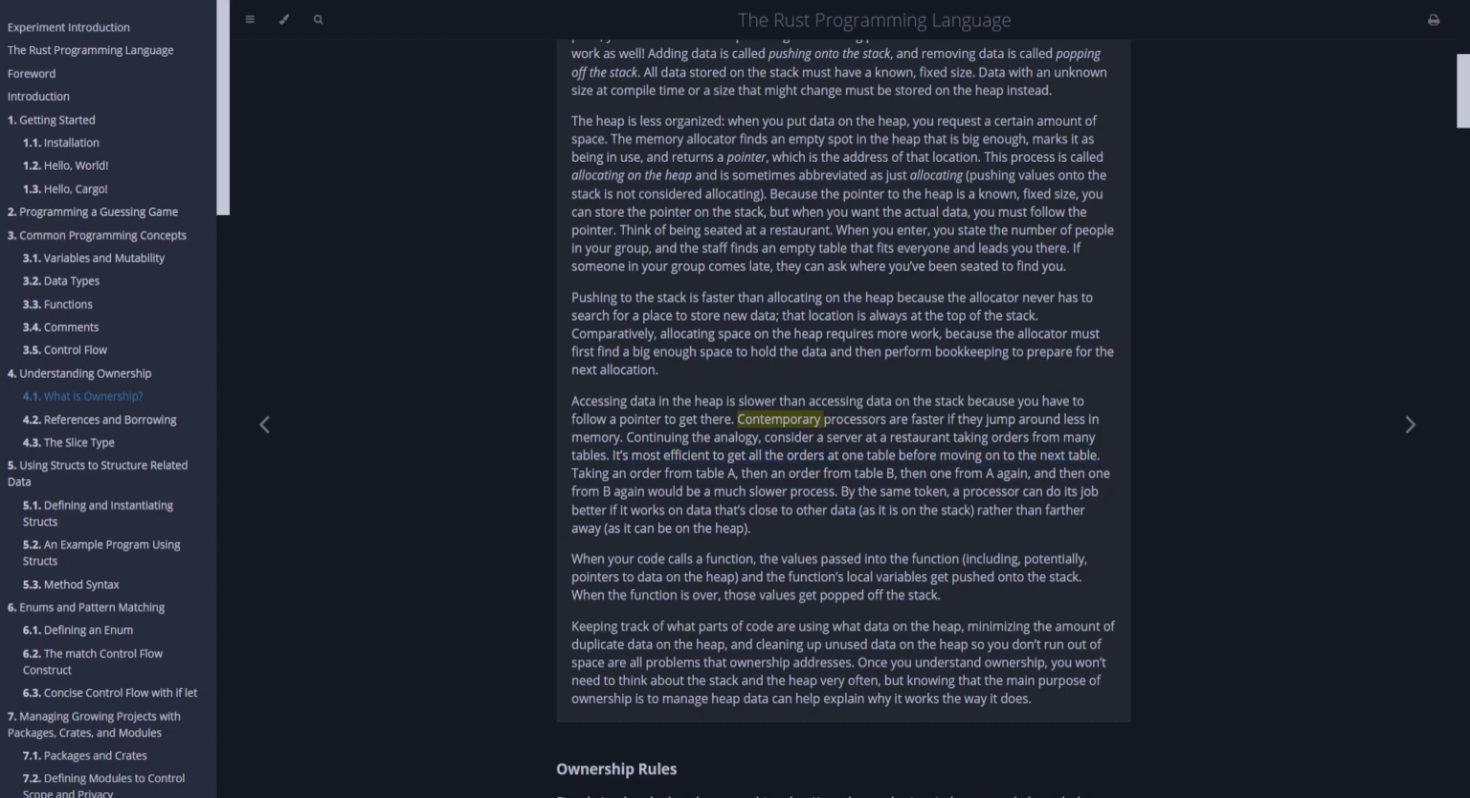Wait a second. Accessing data in the heap is slower than accessing data on the stack, because you have to follow a pointer to get there, yes. Contemporary processors are faster if they jump around less in memory. What does it mean? So,